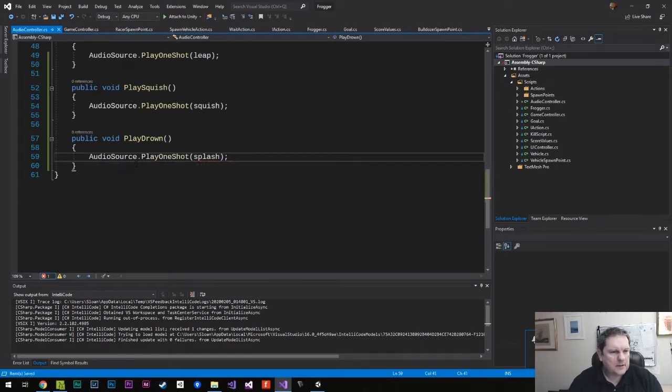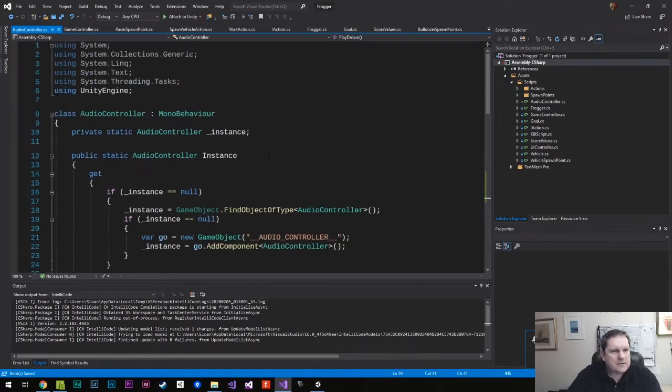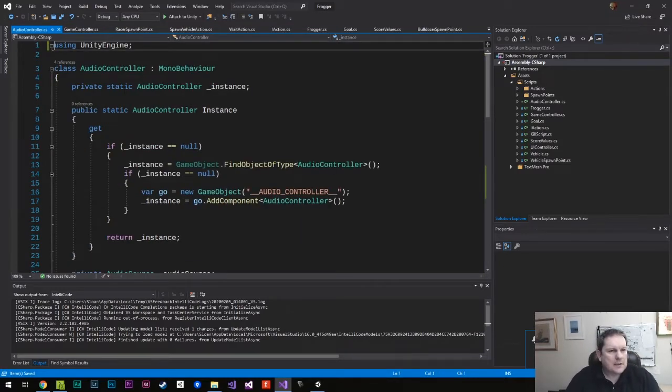Splash, I think I called it. Yeah, there you go. And so this is going to be our audio controller. We can get rid of all these. So our audio controller is super simple. We just have this